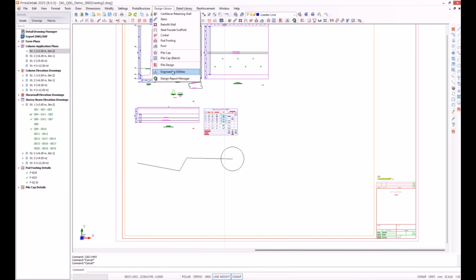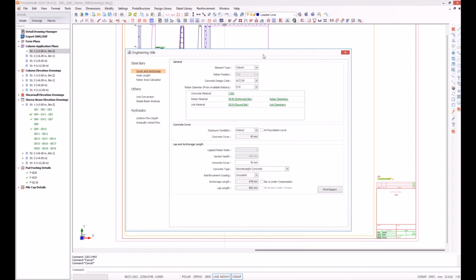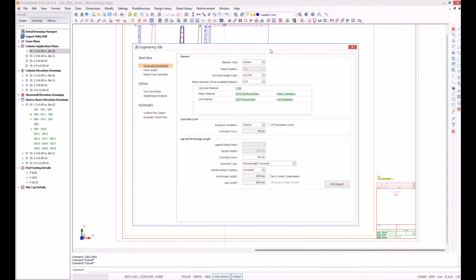I just would like to mention one more thing about engineering utilities. This is not a new thing, but I'd like to talk about it a little bit. There are some different tools we actually need from time to time. These are very basic rules, and we need them almost everywhere in our calculations, right? As engineers, we have this concrete cover and anchorage calculation tool according to the codes that we support, and actually this software uses these algorithms, these functions everywhere under the hood.